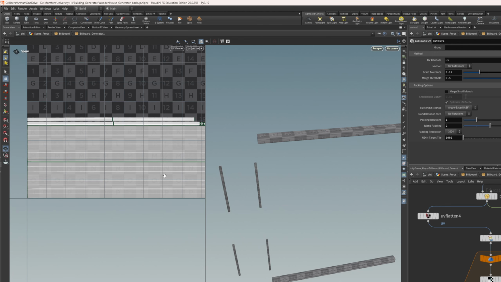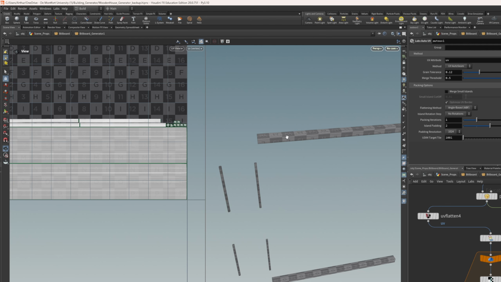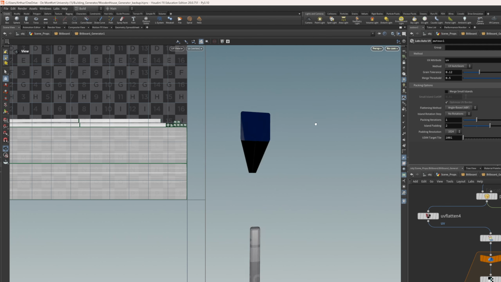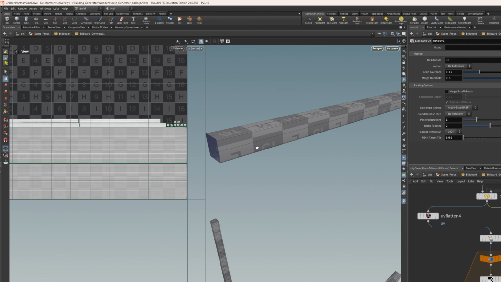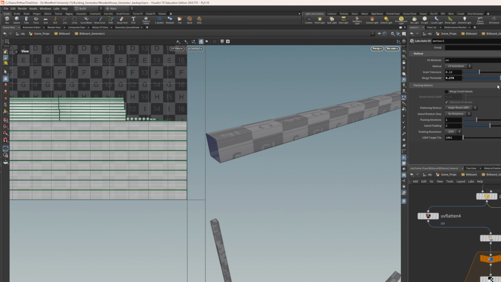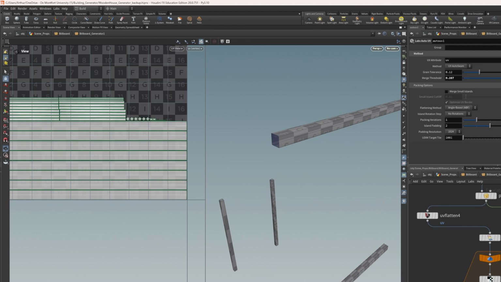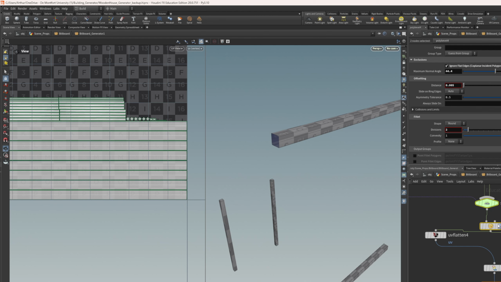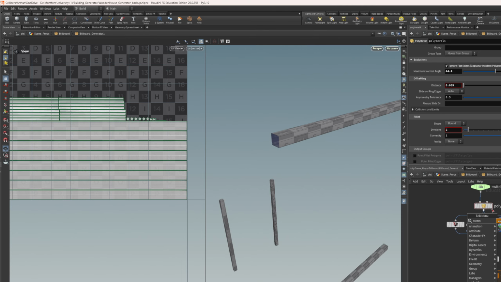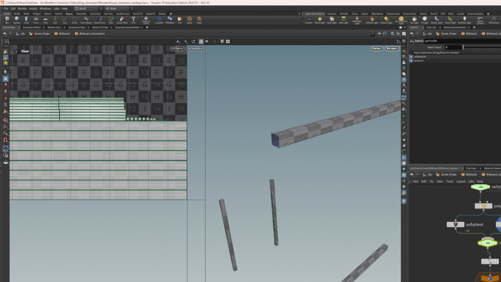So what we want is each face to have its own section instead of it being all the way around, because that might be too big. So let's put it like here, maybe here. That's still too close. That works. And then this UV flatten works for everything else, so I'm going to keep it because again, don't fix it if it isn't broken. And then we're going to set up a very quick switch which will reference our